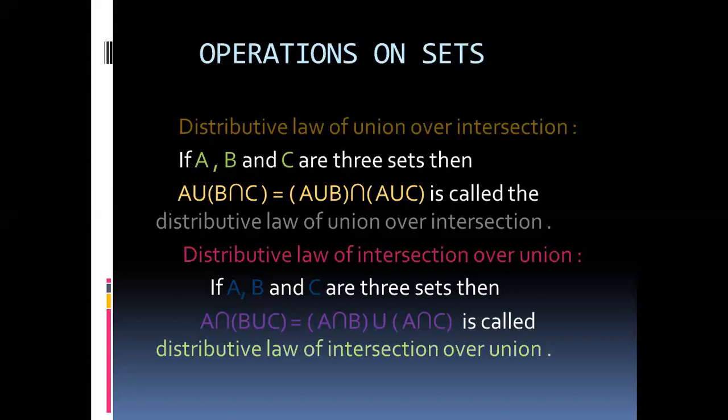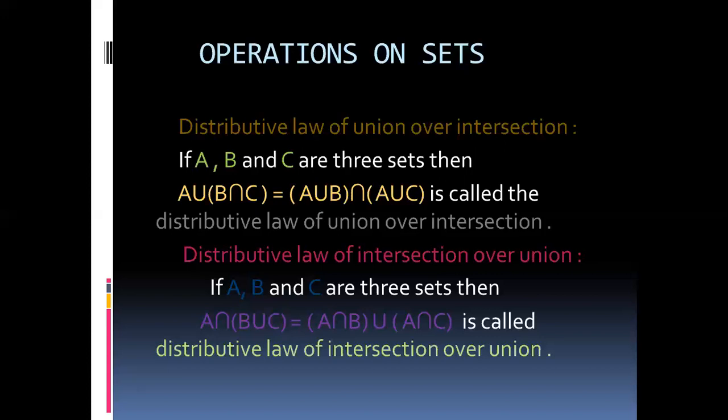You see that A is distributive with B and C. In distributive law and associative law, there is a difference between these two. Distributive means to divide something. So you see in this law, we divide A with B and C both. But in the associative law, only A changes the partner. First A is a partner of B, then B is a partner of C. But in distributive, we divide A with both B and C.